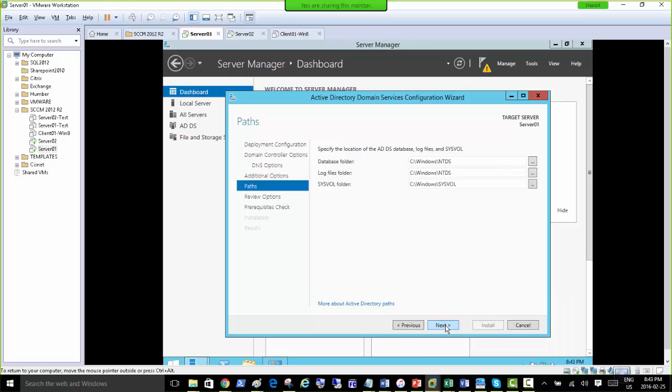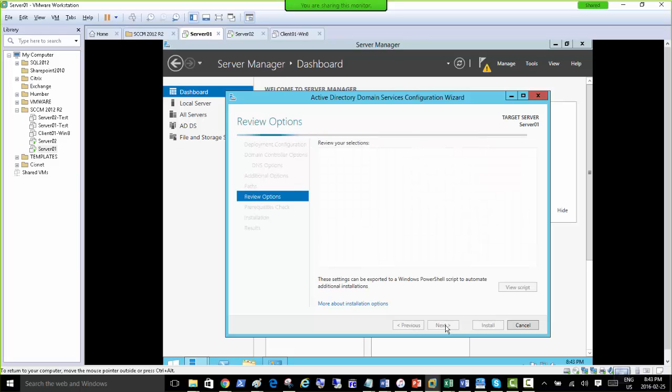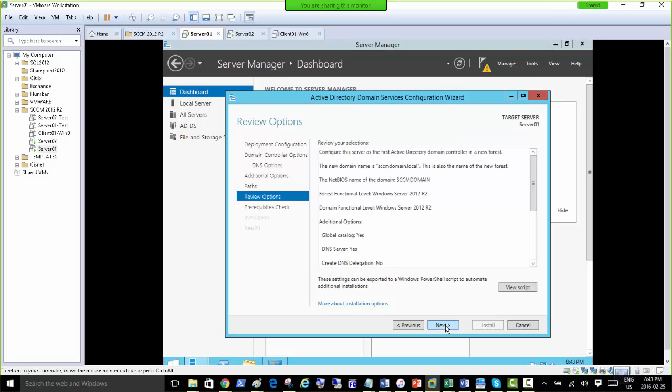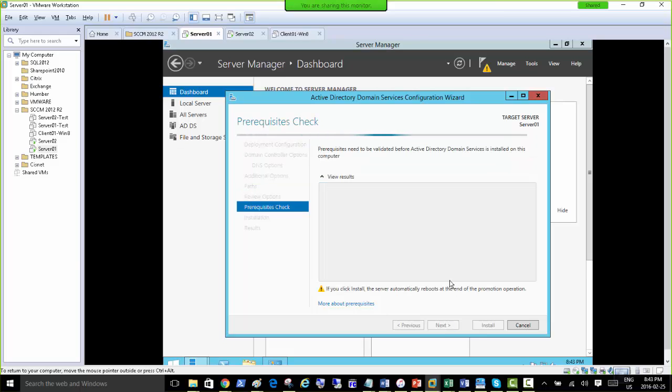Okay, so next, finish. It's just Active Directory. The only change I made was selecting a new forest and creating SCCM domain.local. Let me know if you missed something and want to know that. Also, it's getting recorded, so I'm going fast because this is something we did so many times. Okay, while this is installing,